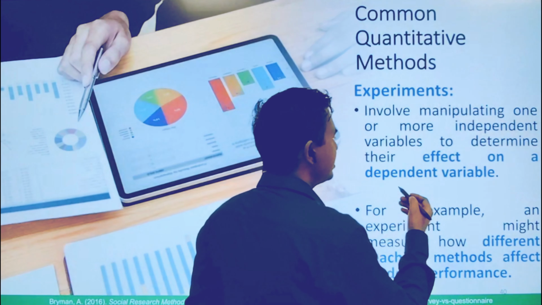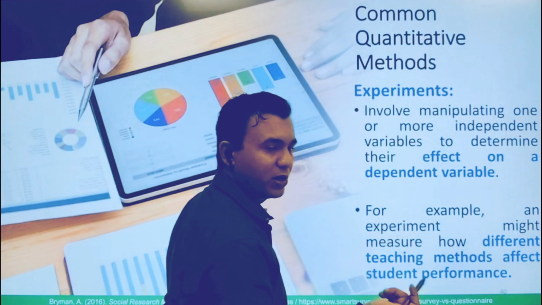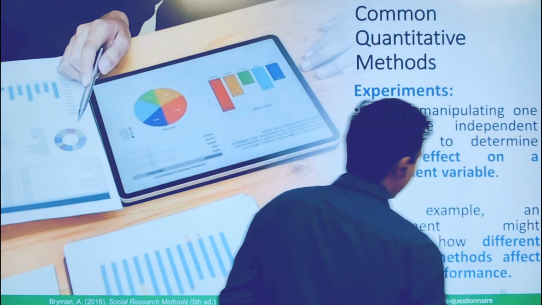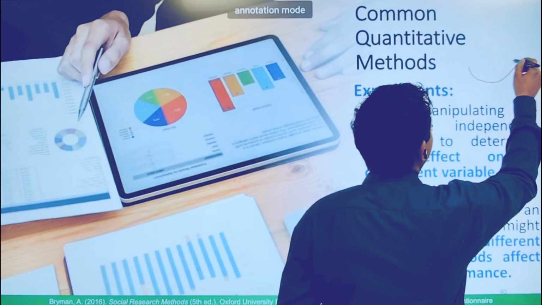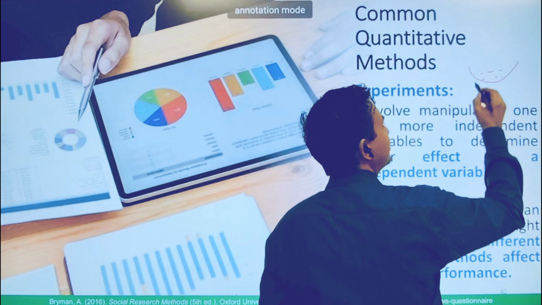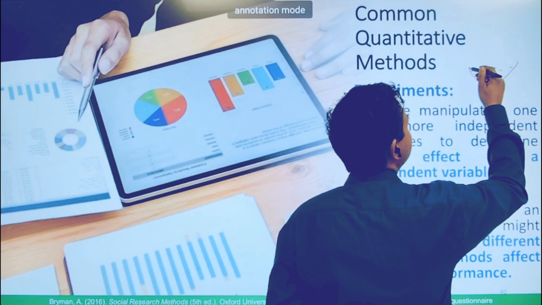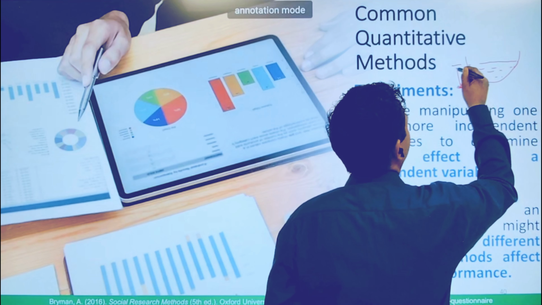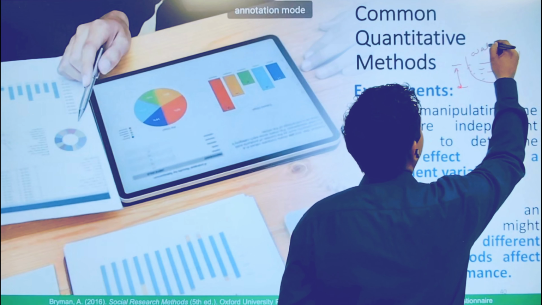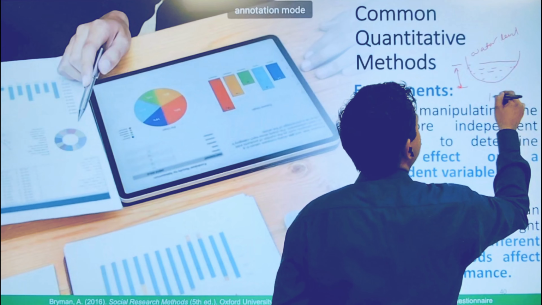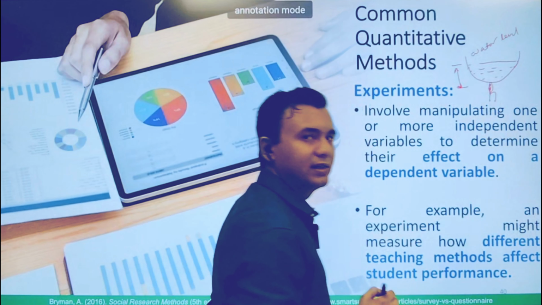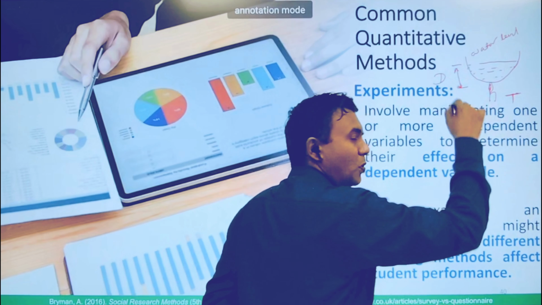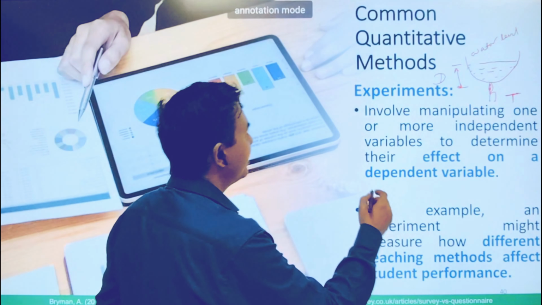Generally we perform experiments where we change one particular variable and see the effect on the dependent variable. Let's say I have some sort of chemical, or you can say just water, right? Just water. This is the water level. And let's say I just start heating it, correct? If I start heating it, this is my temperature T, and this is the depth of my water level, right? Now, let's say I increase my temperature T